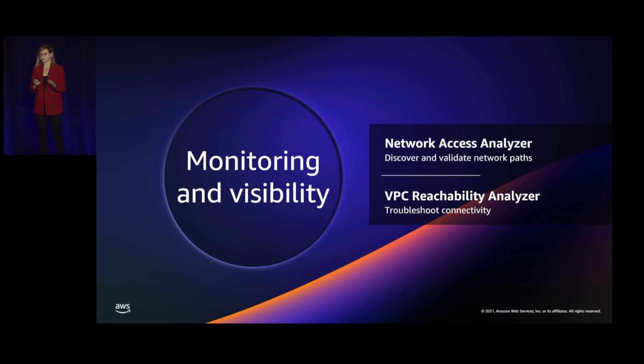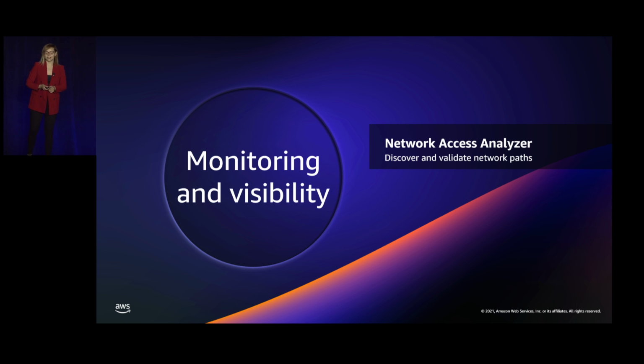The recently announced Network Access Analyzer gives you visibility into all the paths in your network and lets you understand how those paths are configured and why. And the second one is, once you have all the paths, troubleshoot those that are not working as intended. That is done with VPC Reachability Analyzer.